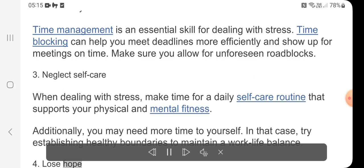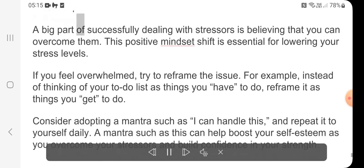4. Lose hope. A big part of successfully dealing with stresses is believing that you can overcome them. This positive mindset shift is essential for lowering your stress levels. If you feel overwhelmed, try to reframe the issue. For example, instead of thinking of your to-do list as things you have to do, reframe it as things you get to do. Consider adopting a mantra such as "I can handle this," and repeat it to yourself daily. A mantra such as this can help boost your